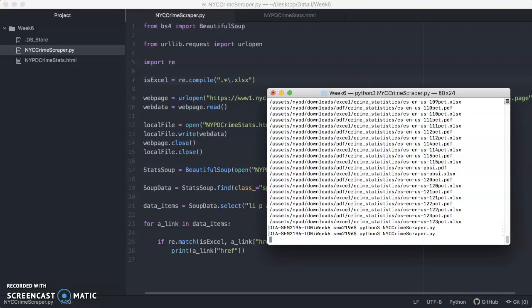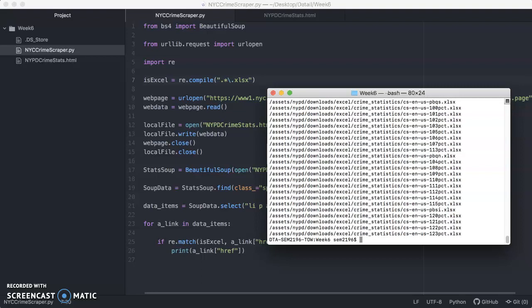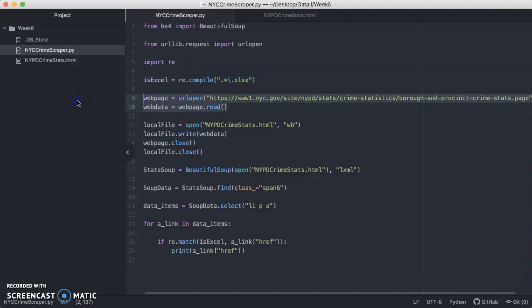Because I know that they're in there somewhere. There we go. Okay, took a second. Again, the reason why it's taking a moment is because I'm actually still downloading this every single time. What I should probably do here, since I don't need to be rewriting a copy of this every single time, and I already have a copy of the crime stats, is I can just, I think I can just use,